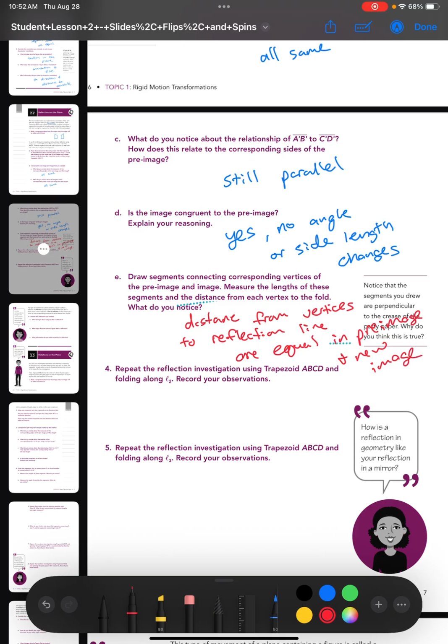Therefore, repeat the reflection investigation and fold along line 2. We just did line 3. Record your observations. Same thing with line 3 down there at the bottom. What you're going to find on all of them is the same as above. No matter which line we reflect it over,